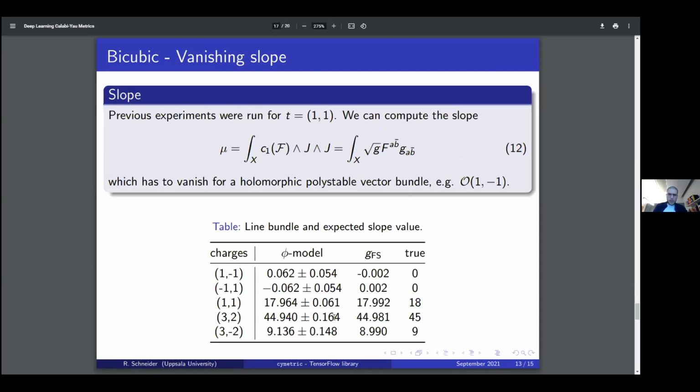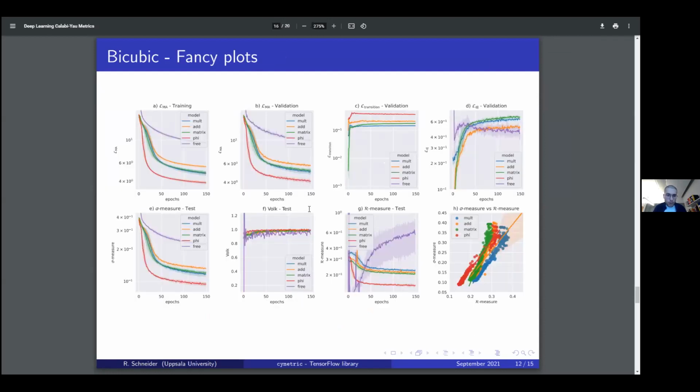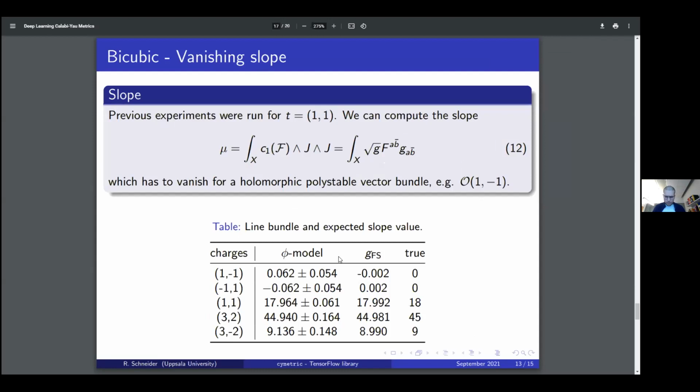And then we can also compute the slope again with the Ricci-flat metric, taken now from the phi model because it was the best performing model in the plots before, as we can see here, as the lowest sigma measure. And again, within one standard deviation, which is computed from the average of these 5 experimental runs for the phi model before, we can see that the true value is more or less getting matched. Okay,